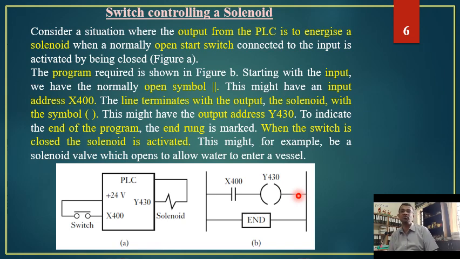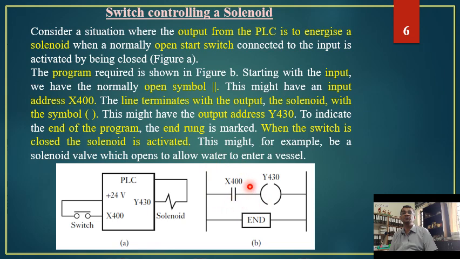If we use Codesys software, then this is precisely what needs to be drawn over there using the different tools available. First of all, two power rails. Then this is rung number 1. In rung number 1 we have a switch, and that switch is a normally open kind of switch, very clearly mentioned in the problem. From this PLC diagram we can understand that the switch is connected to X400.